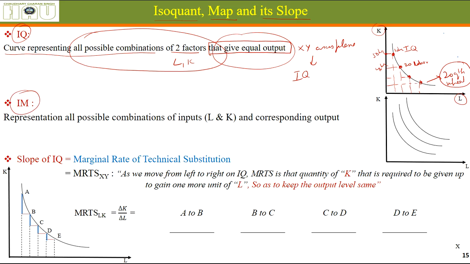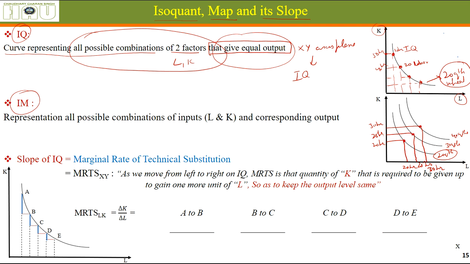All right. What is an isoquant map? Let's say we are talking about one level of output; here it was 20 quintals. Let's say we try to produce 30 quintals of wheat, or 40 quintals of wheat. If this combination, let's say 20 hours of machine labor and 20 hours of manual labor, can produce 20 quintals, there are many other combinations also. 30 quintals will be produced by, let's say, 25 hours of tractor and 25 hours of labor. 40 quintals can be produced by, let's say, 30 hours of labor and 30 hours of tractor power.